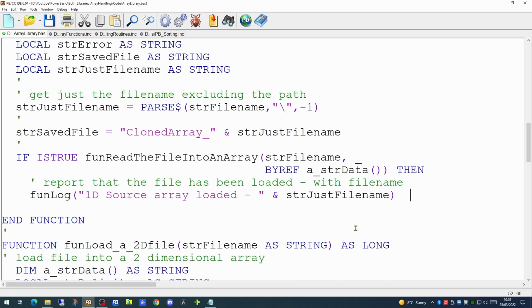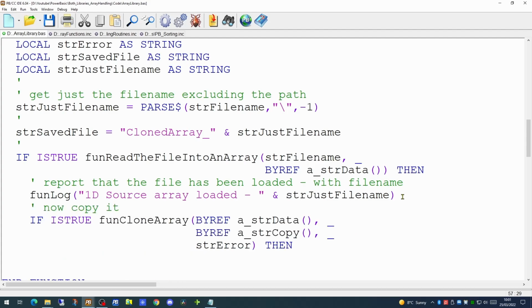And as we've done before, we're reading the file into an array, using an existing function within the file handling routines library. And now we're going to use the new function, which is called clone array. It takes a mere 3 parameters. The first parameter is the source array. The second parameter is the name of the array you wish to copy to, the clone. And it will pass back a true or a false if it's worked or not worked, and if it passes back a false, the str error variable will be populated for the error that's occurred.